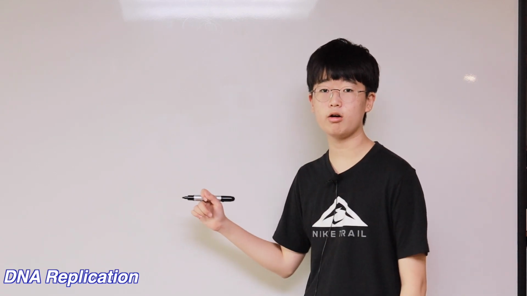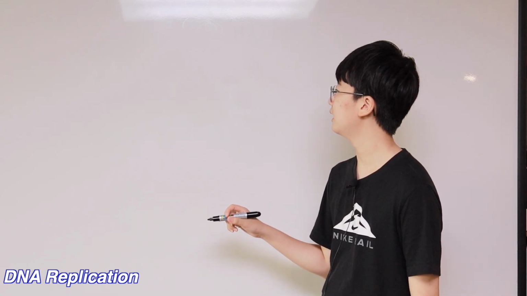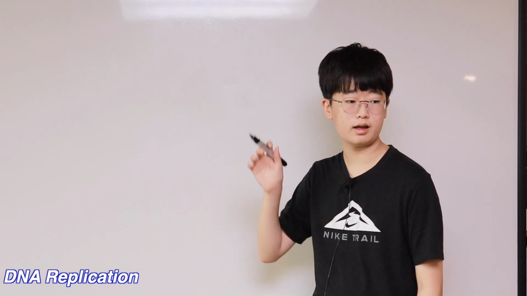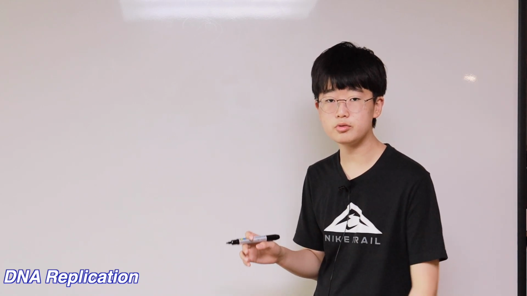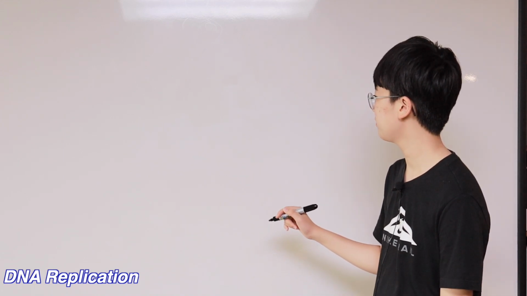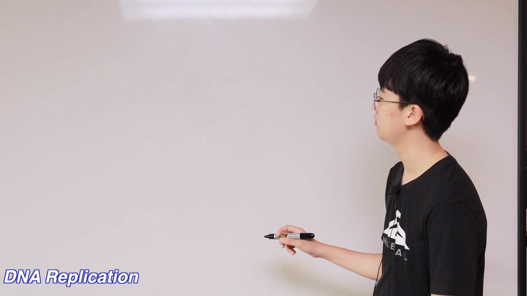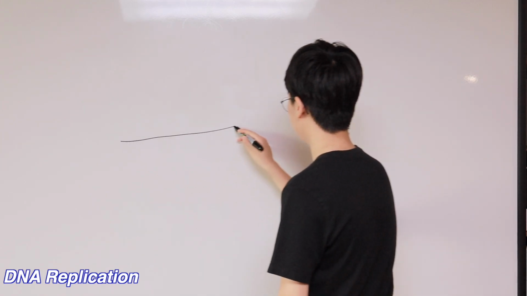So the part of exonuclease, DNA polymerase has its own exonuclease in it. Exonucleases, as I said, are proteins that cut off stuff, slice them up. So this exonuclease, well, let's say